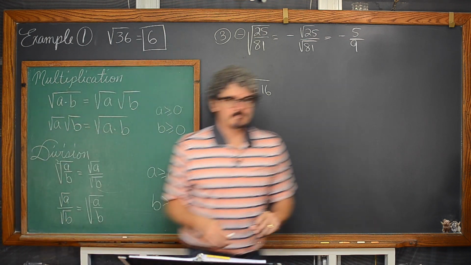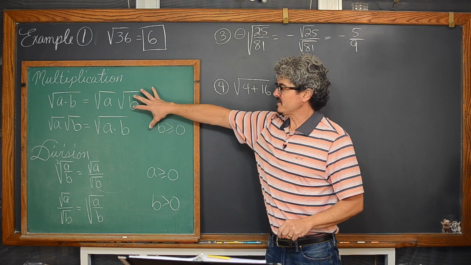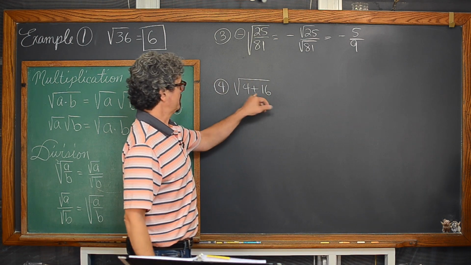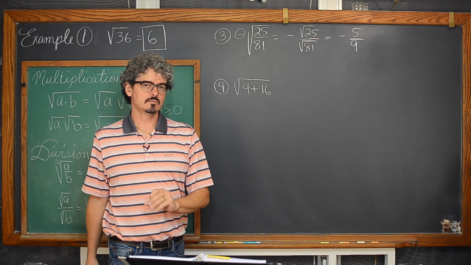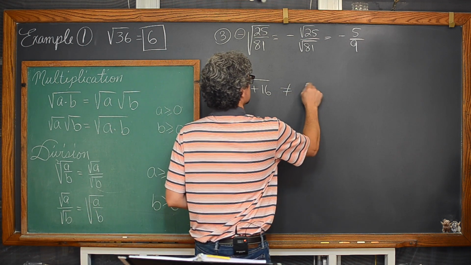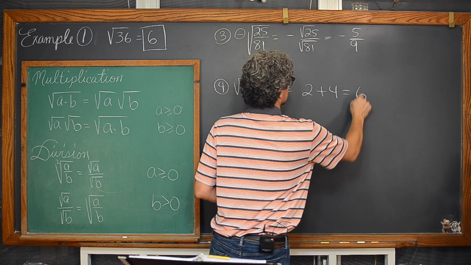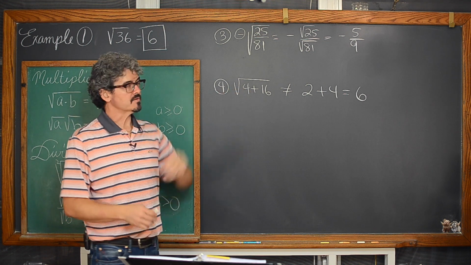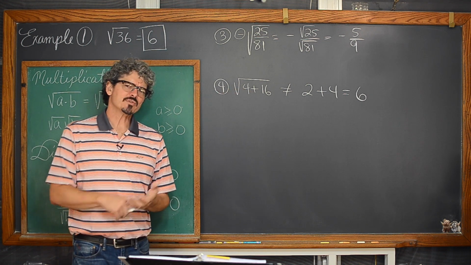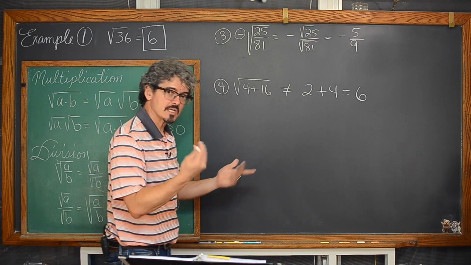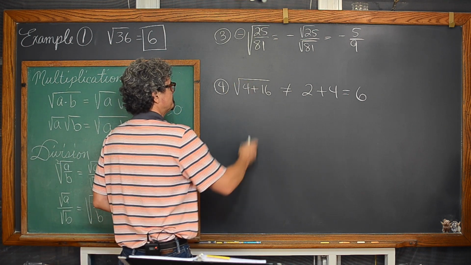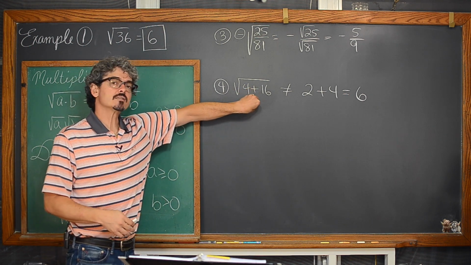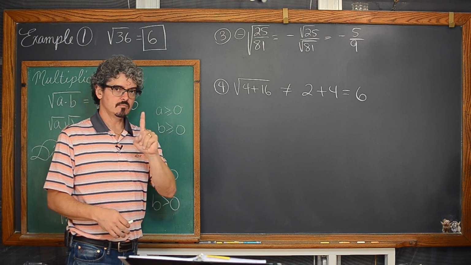Now with number 4 here, we have a multiplication property with square roots and a division property with square roots. There is no addition property. This is not equal to simply 2 plus 4, which is equal to 6. Most students will not make the mistake with numerical values inside the radical or square root. They will, however, do that with algebraic expressions, which are to follow. So what you want to do here is you cannot apply the even root to these numbers until you simplify the inside of that expression to be one numerical value.